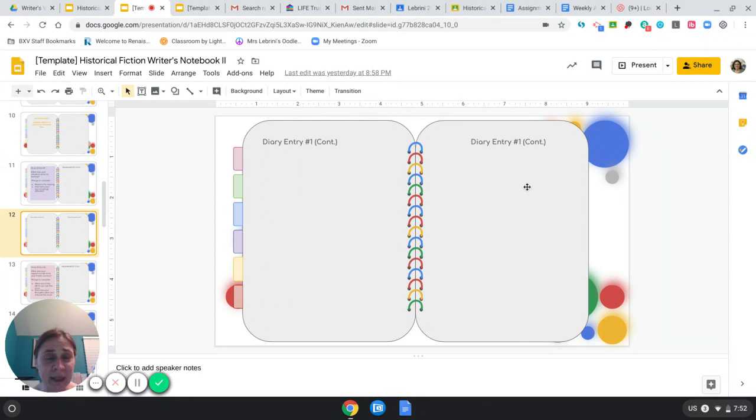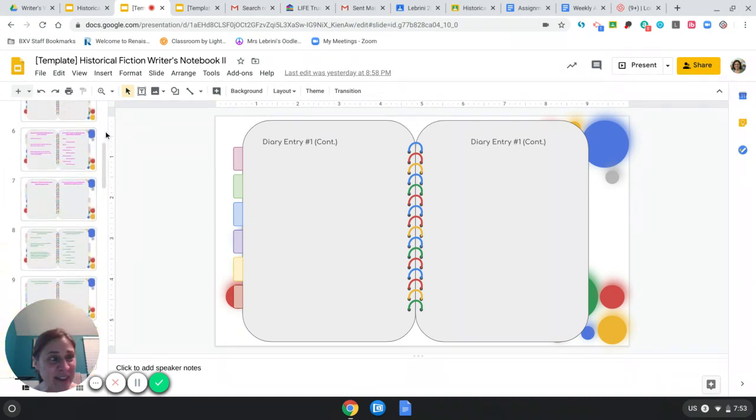You have these 2 pages as well. You want to try to keep your font to a 12, no bigger than a 14, if you want to fit all of your writing on these 3 pages. If you have more that you want to write and you can't make it any smaller, okay, if you go back to the table of contents,